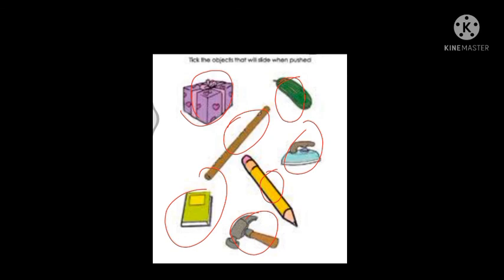Okay students, now the answers for the objects that will slide, you have to write and send in the comments box. So what you have to do is write down your full name, your class and section, and then write down which of these pictures will slide. One more time I am showing you: gift box, stick, cucumber, iron, pencil, hammer, and the book. Which of these things will slide? You have to write the answer in the comments. So don't forget to write down the answer, okay, with your name. I will appreciate all those in my next video for your answer, okay. So don't forget to write down